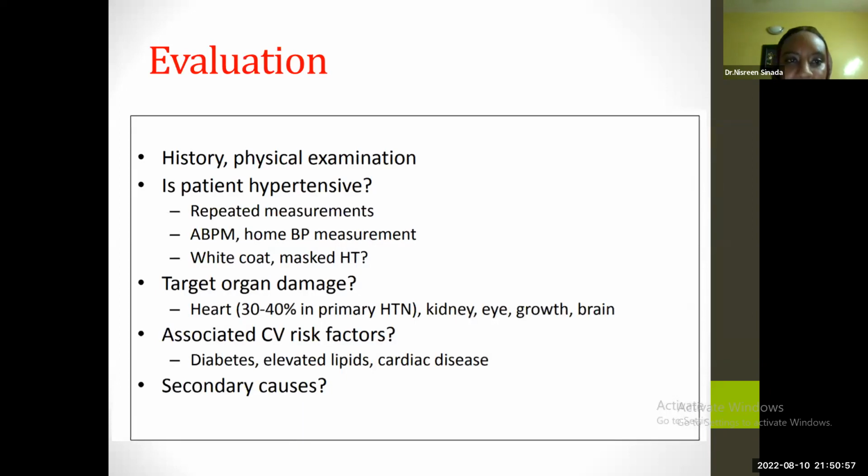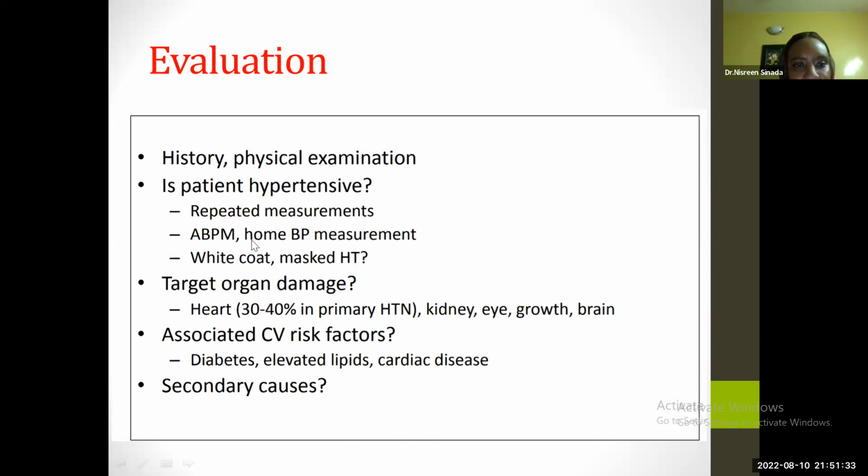Evaluation. So our evaluation will start from the history. As we know, the history is the cornerstone of any treatment in our patient. So history, then the physical examination. First, you want to know, is this patient hypertensive or not? So you need a proper cuff size and repeated measurement. It will be 3 occasions, at different times. If you are concerned about white coat hypertension or masked hypertension, you should do